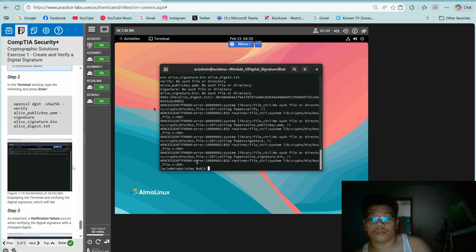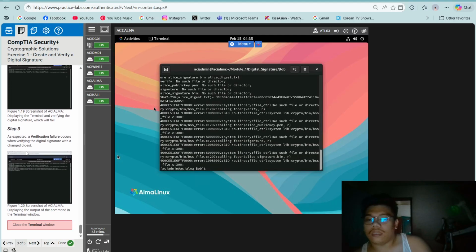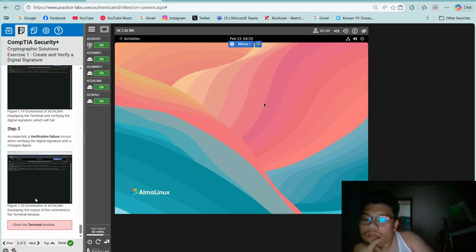Enter. Step 3. As expected, a verification failure occurs when verifying the digital signature with the changed digest. So close the terminal window once finished.